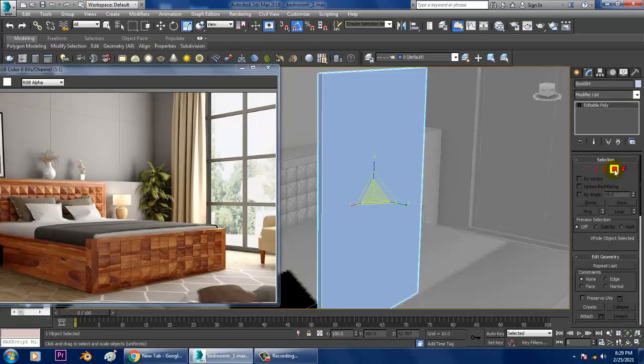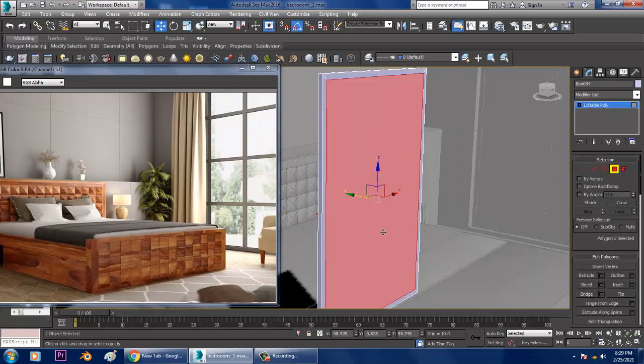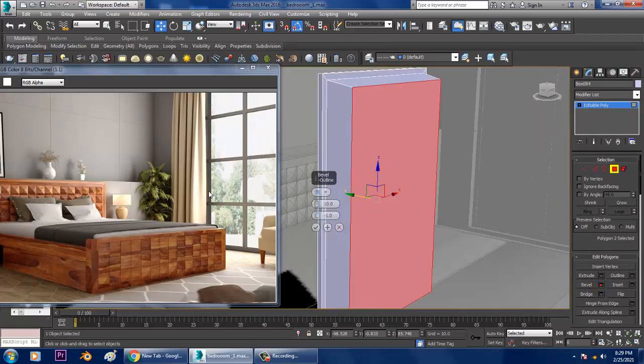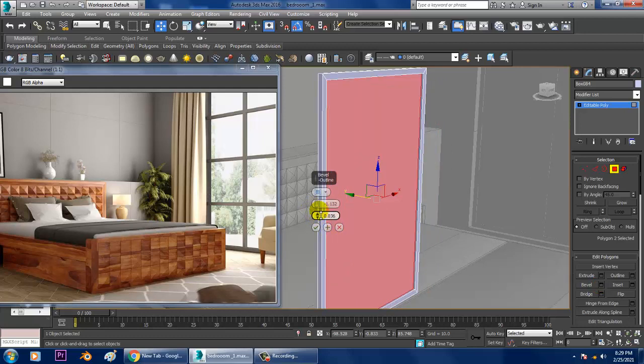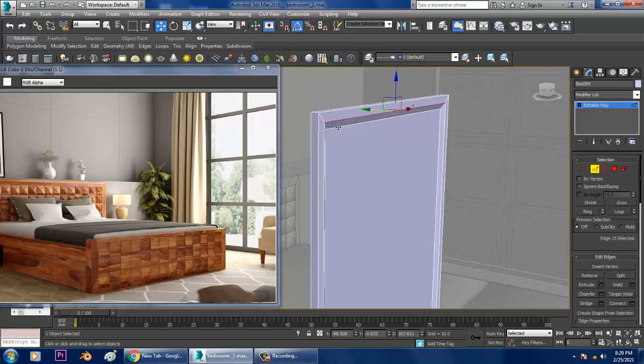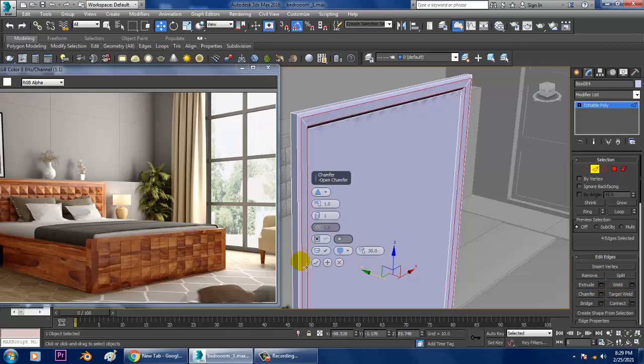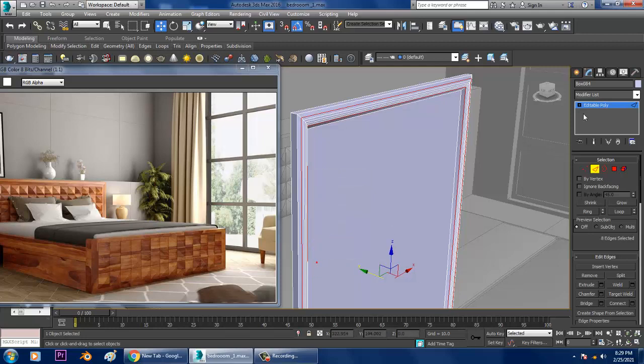Select these polygons, inset it, slightly bevel it, click OK. Select these edges, push it out, and let's use chamfer over here and click OK.